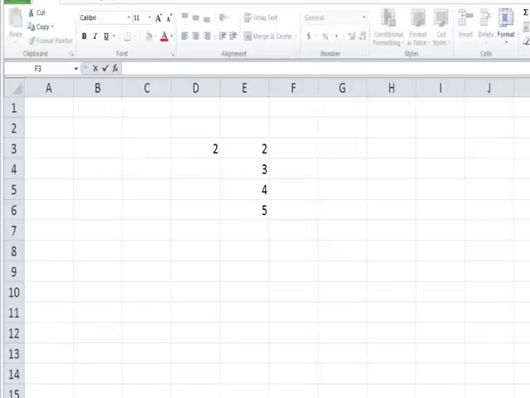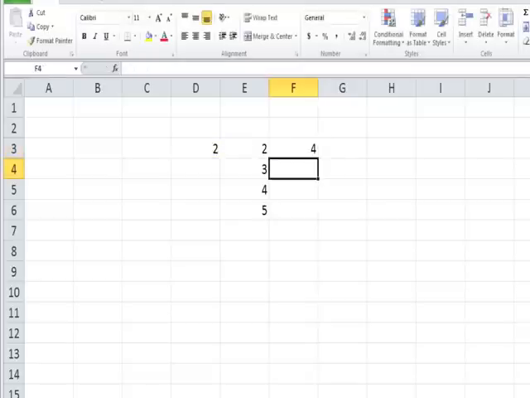When you create a formula in Excel, it uses what's called relative cell references. And that means if you move the formula, it's also going to move the cells that that formula refers to. So they'll be in the same place relative to where the formula is. If I copy this formula, which adds cell D3 and E3 together, and I paste it into the cell right